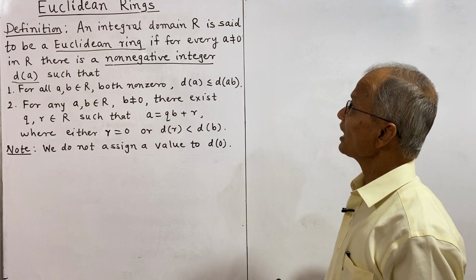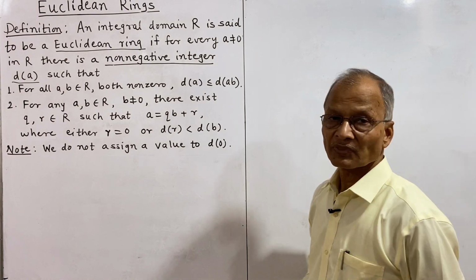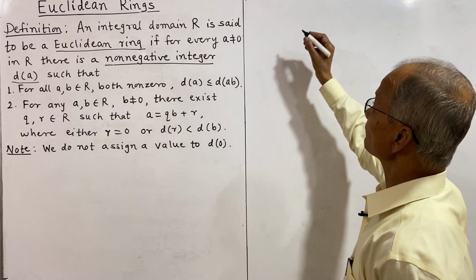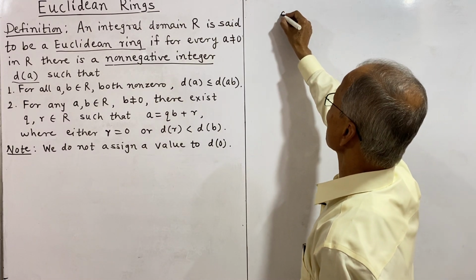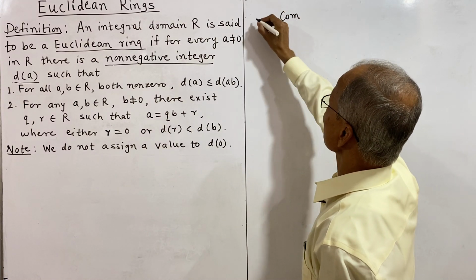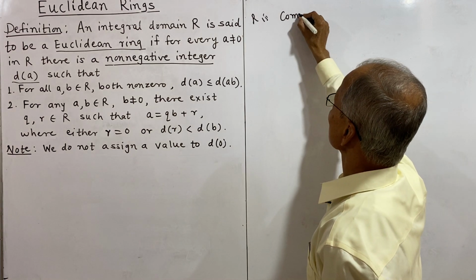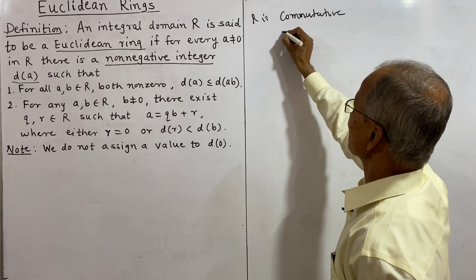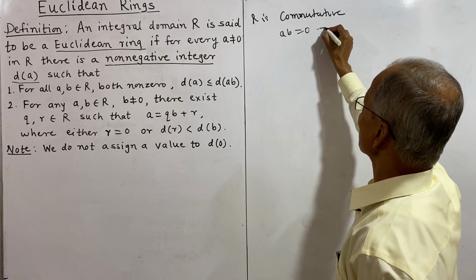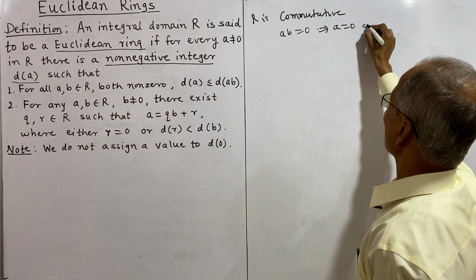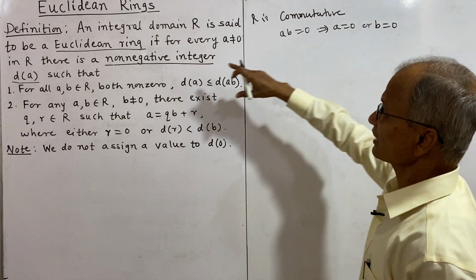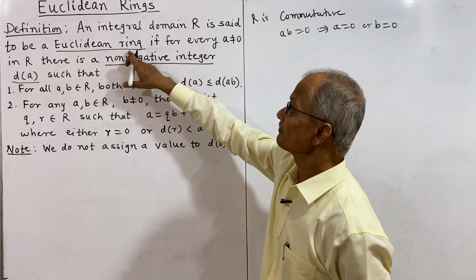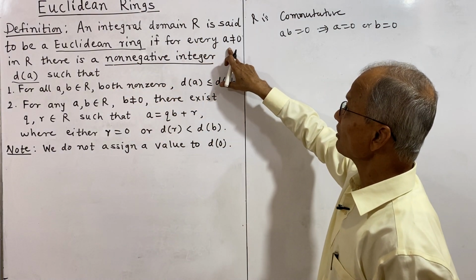An integral domain R is said to be a Euclidean ring. So what is an integral domain? That we have studied earlier: a commutative ring without zero divisors. That means R is commutative and without zero divisors, that is, AB equal to 0 implies A is equal to 0 or B is equal to 0. These are the properties of an integral domain, and this is a Euclidean ring if